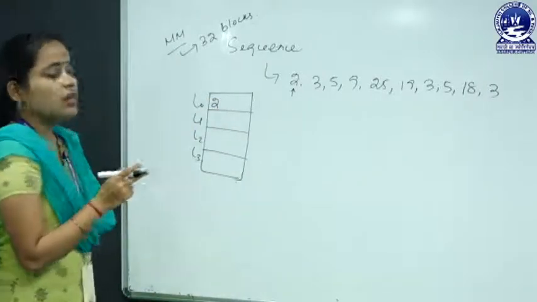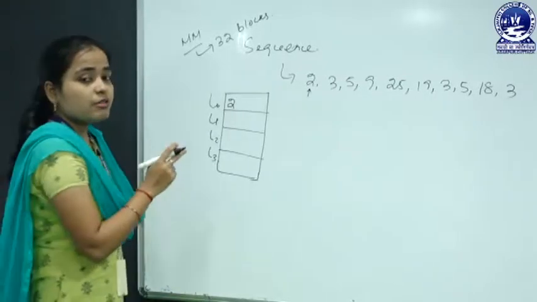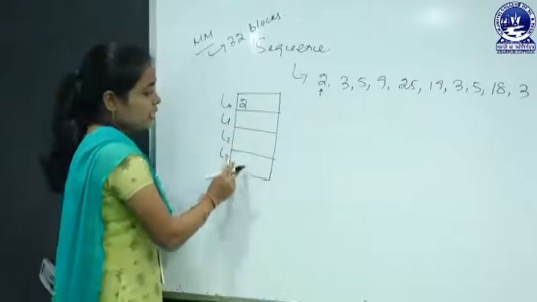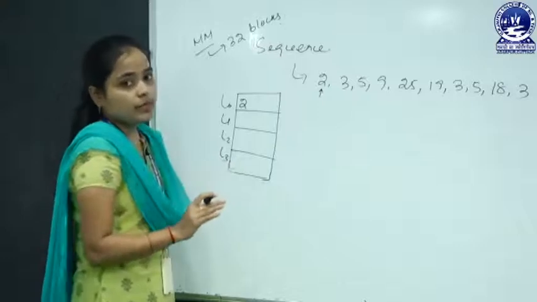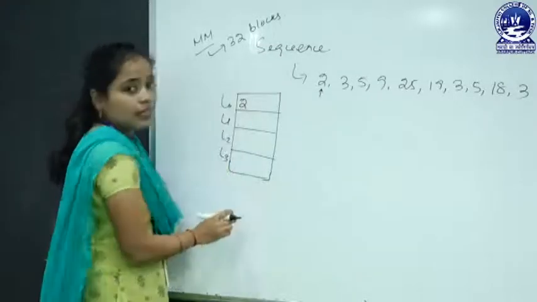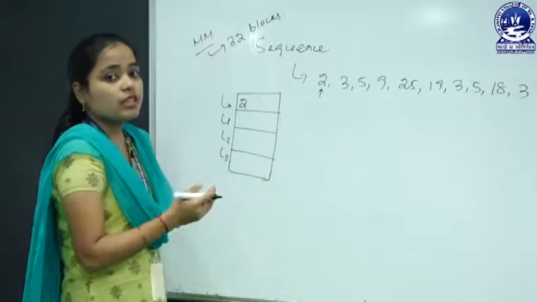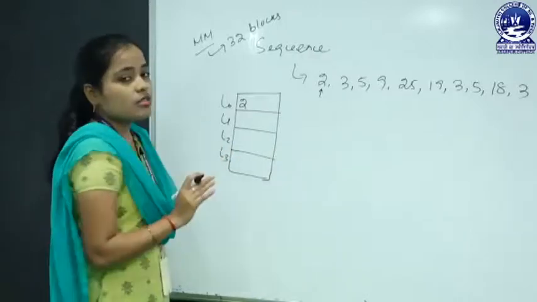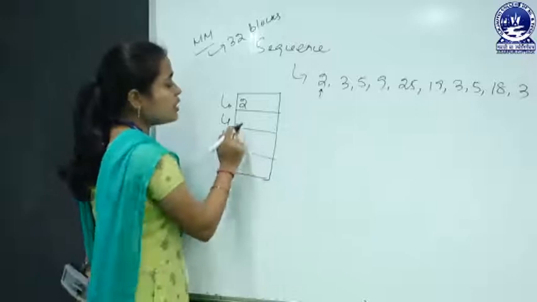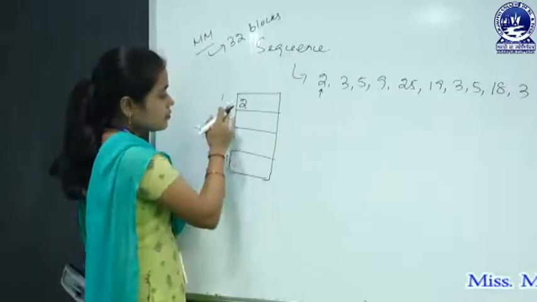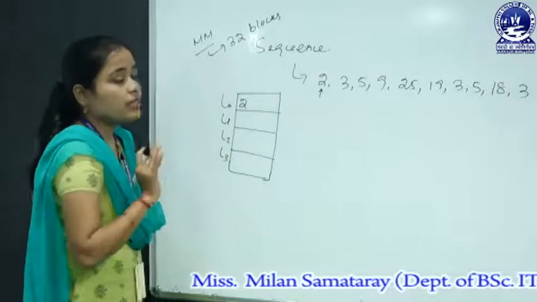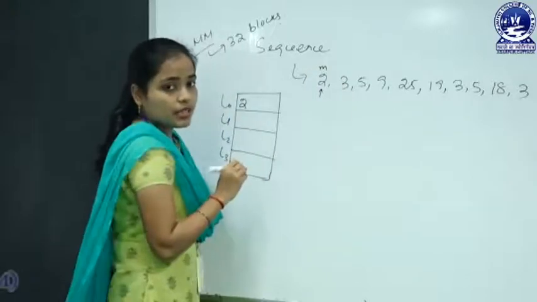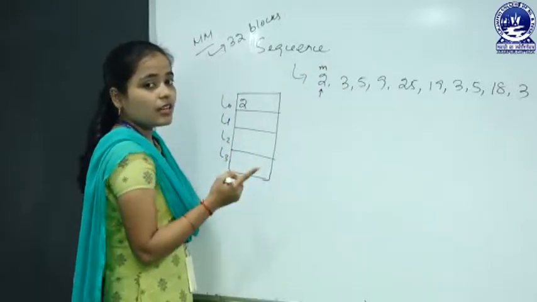As we use the associative mapping technique, you can map any memory block into any cache line. So if the lines are empty, then there is no need of a cache replacement algorithm. When the lines are filled by some other blocks and the processor needs another block which is not present in the cache, at that point of time you have to use the replacement algorithm. So here 2 is not present, but the lines are empty, so there is no need of using the replacement algorithm. So here for 2, a cache miss occurs. If it is present in the cache, that means it is a cache hit.